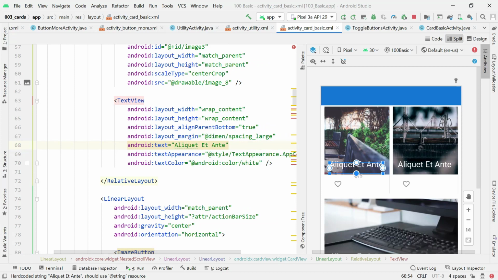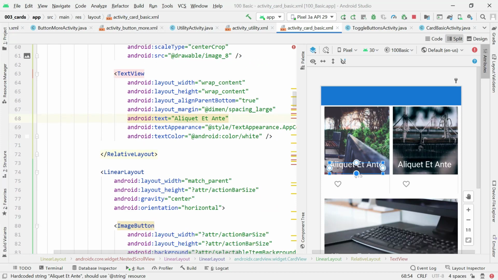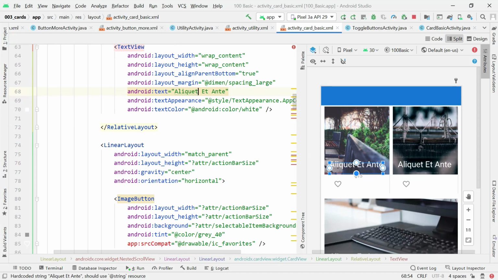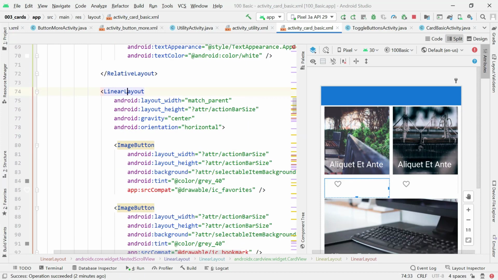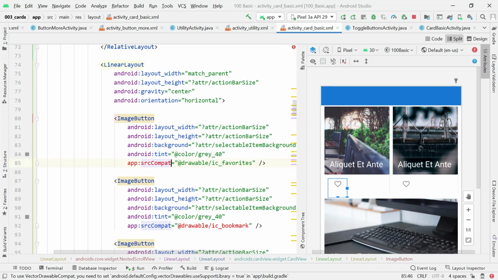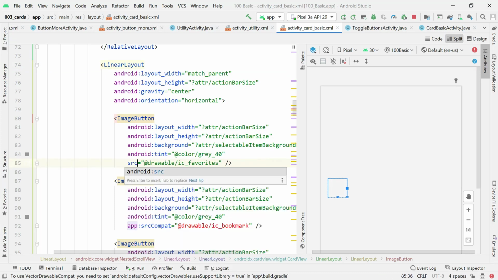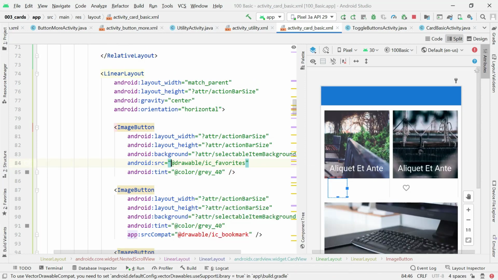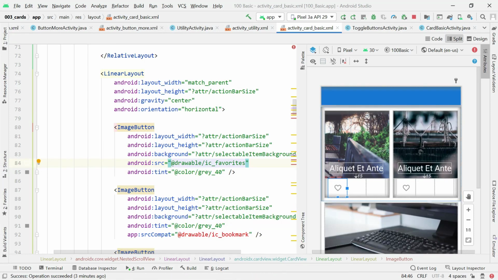Alignment is centered bottom. And then I have, after it, another linear layout which is having buttons, and it is centered in horizontal. Then I'm going to change this SRC from appCompat to just SRC, and then we'll have that button with this one. So this is just a linear layout. Can you see down here? It is a linear layout that is having